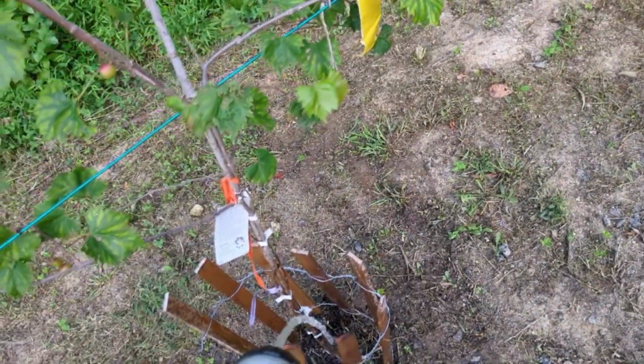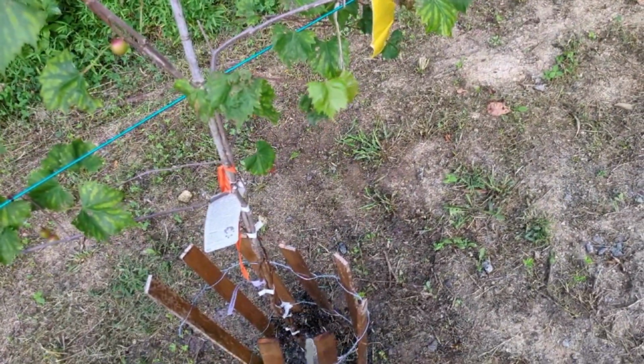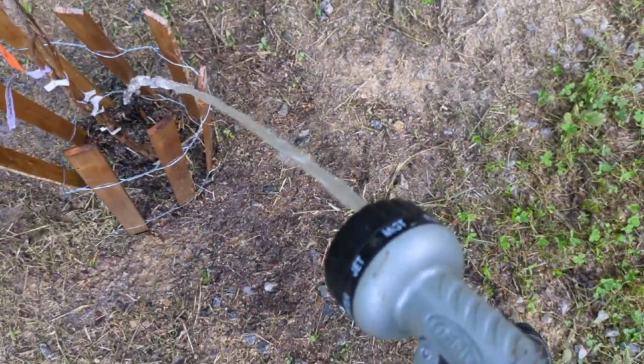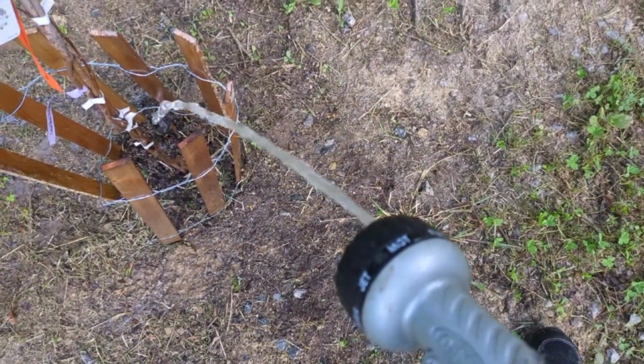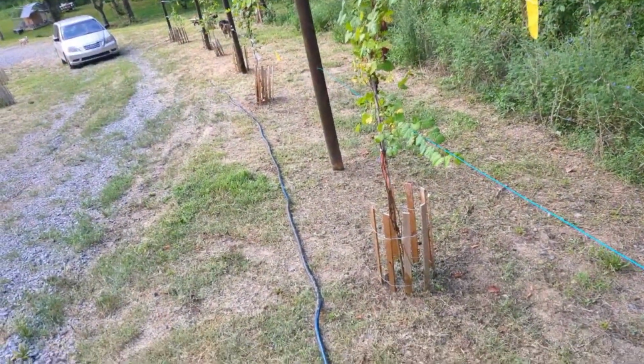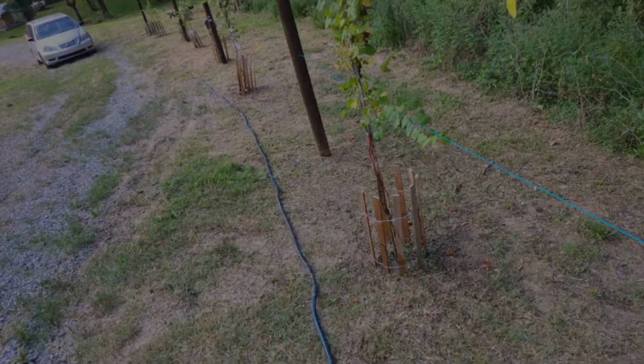Well, I'm at the top of the hill here. I know I just finished with the video, but I just wanted to let you know that, look at this. That's all the way, it's quite an incline all the way up here. And so this is 150 feet of hose, literally 150 feet. The creek is way down over